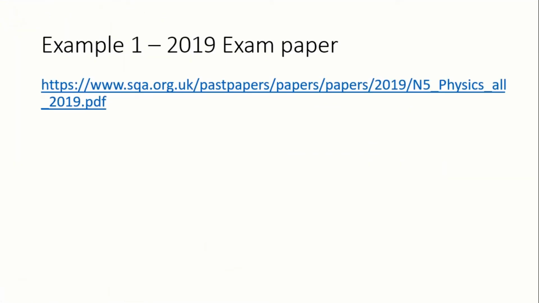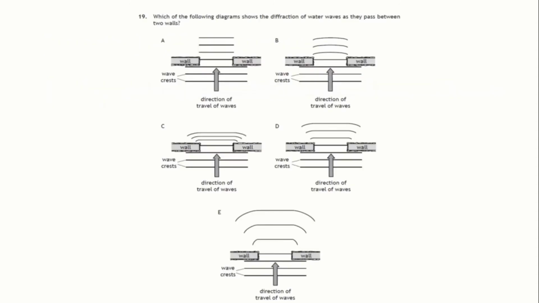We'll have a quick look at the 2019 exam paper example. It's from the multiple choice. Which of the following diagrams shows the diffraction of water waves as they pass between the two walls? So this is the gap diagram. Just a reminder for what we should be looking for: nice consistent wavelength before and after passing through the gap, nice straight lines, and a little curve at the end of each line showing it moving into the area behind each wall. Take a couple of seconds, decide whether it's A, B, C, D or E,